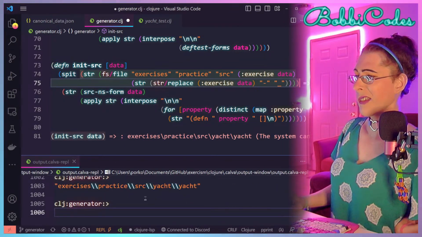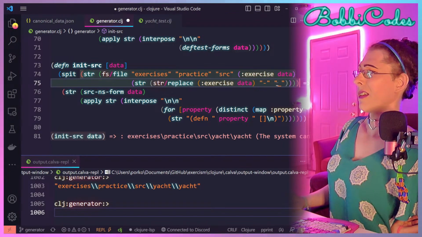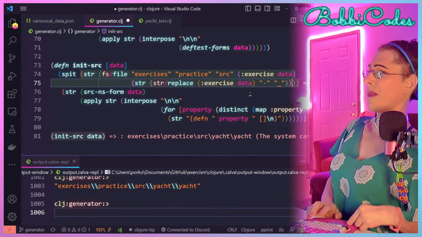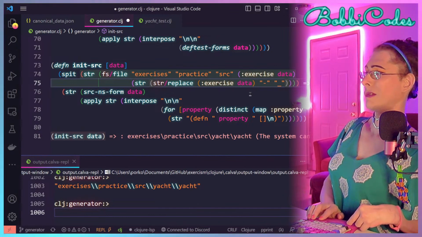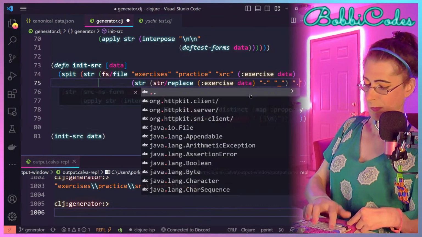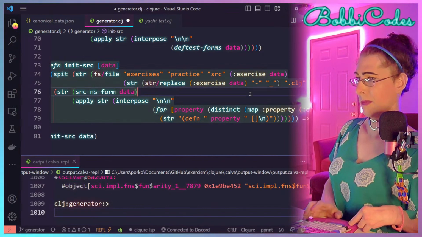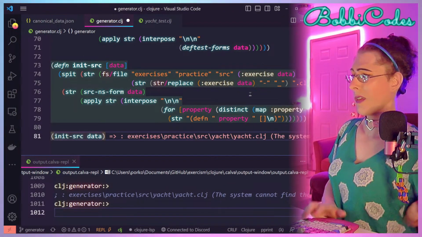Oh, yeah, exercises, practice, source, yacht. String replace. Dot CLJ, right? Still not right.